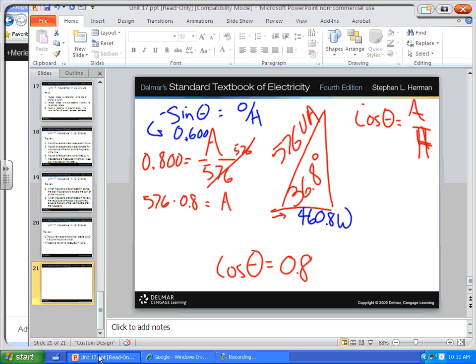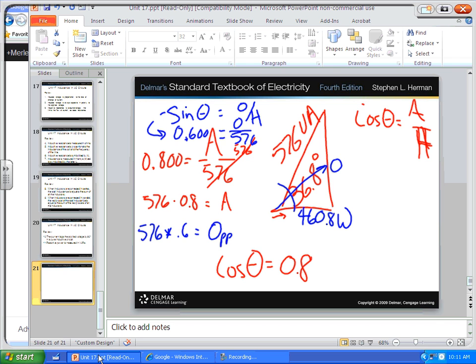Okay? That's the sine of the angle, right? And that's equal to the opposite, which we would kind of like to know. The side opposite. This is our angle. And so the side opposite is this one over here. And the opposite over the hypotenuse, which is 576. Look at that. If we multiply both sides by 576 again, multiply the hypotenuse times the sine, it'll give us the side opposite, which is